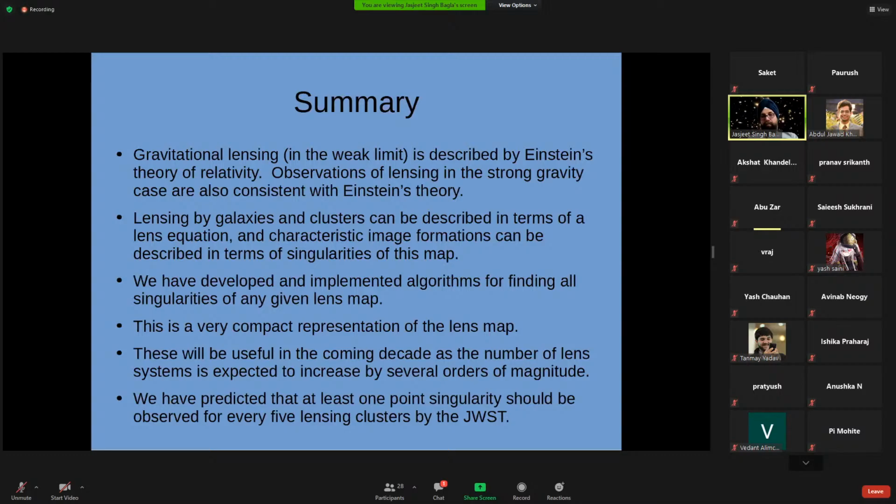Okay, so thank you. Yeah, so the first order effect would have been to have a change in spectral line where delta lambda by lambda would be of the order of phi by c square, phi being the gravitational potential. But it's a second order effect, so it is of the order of phi square by c to the 4. And if you do a calculation for phi by c square, even in the major gravitational lens systems that we have, it's of the order of 10 to the minus 5. So you're looking at an effect which is like 10 to the minus 10. And at least presently, it is not observable.